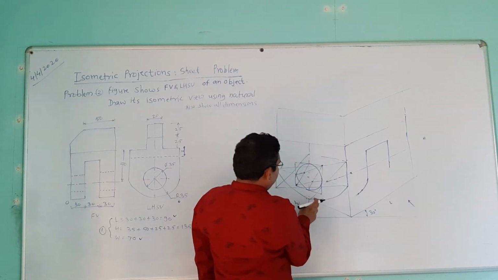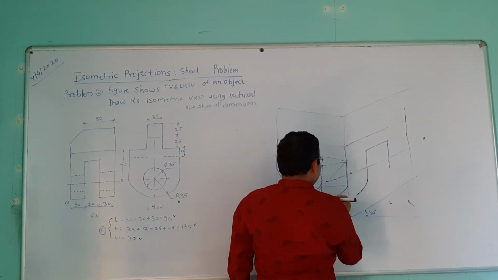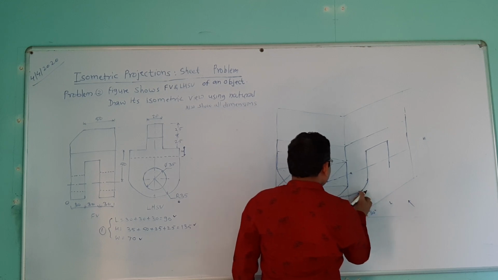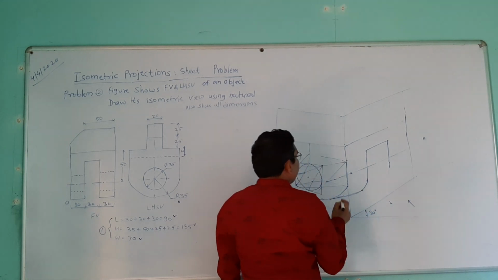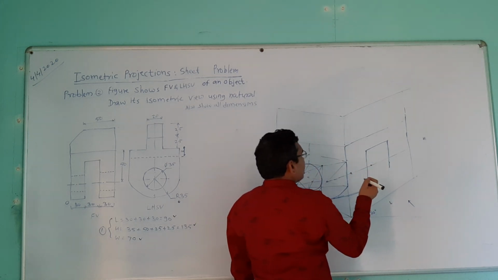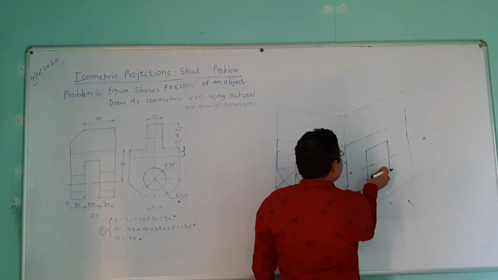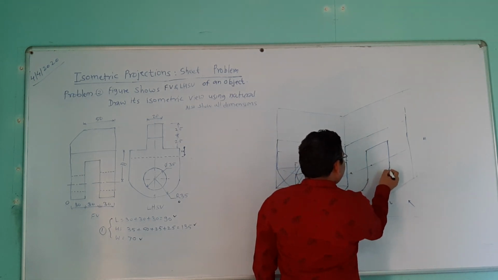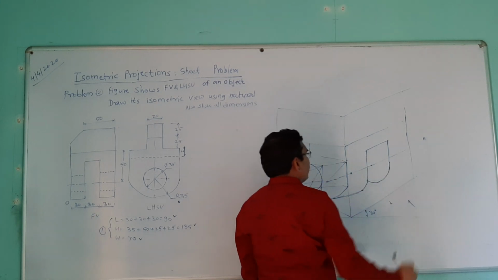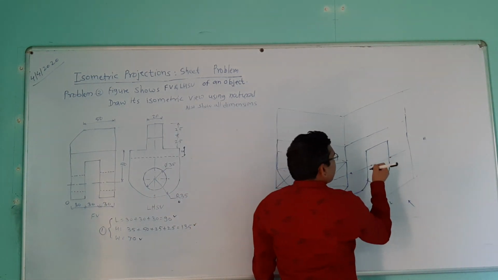Then what is the center of another? From these two, you have to draw a tangent line. So this is a tangent line. Again, you shift this center again by 30 mm. So this is new center, and you have now same arc again with same radius. So let us draw an arc like this,